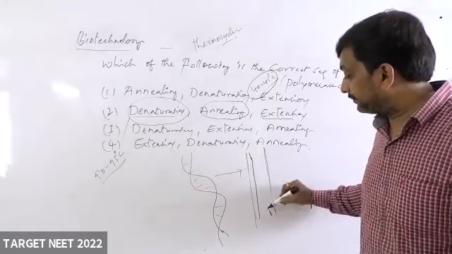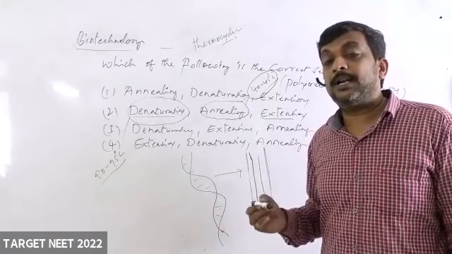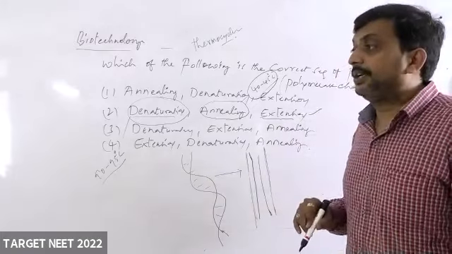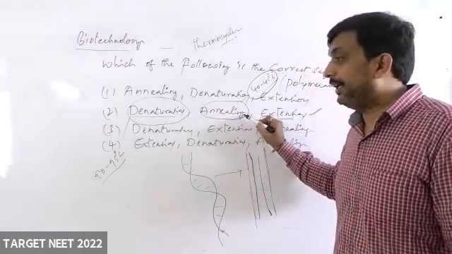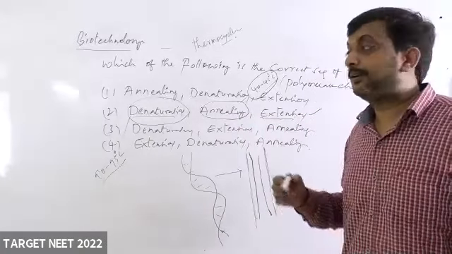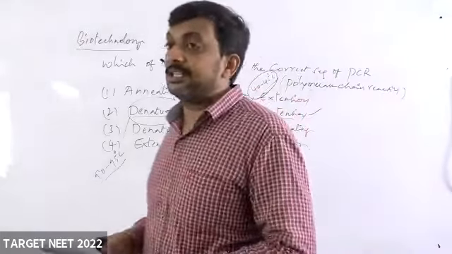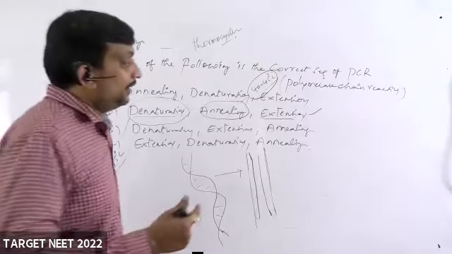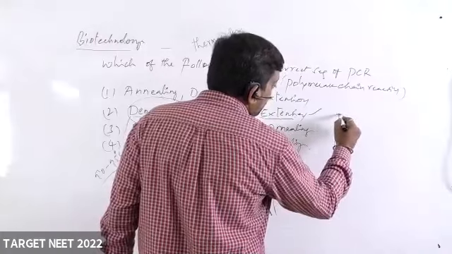This extension is carried out by an enzyme called DNA-dependent DNA polymerase. That is what we call extension. So the steps involved in a PCR are denaturation, followed by annealing, followed by extension. These are the steps generally seen in a PCR. Now, what is the procedure to know whether the product of the PCR is correct or not?